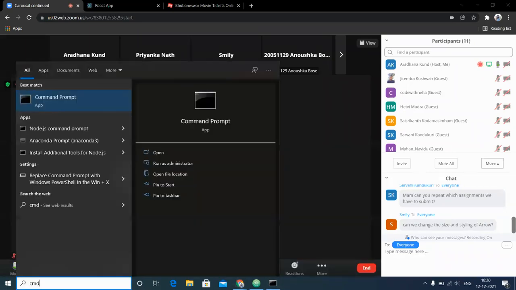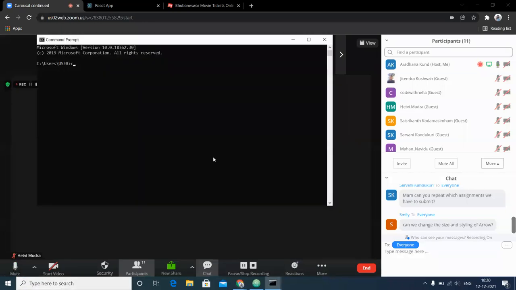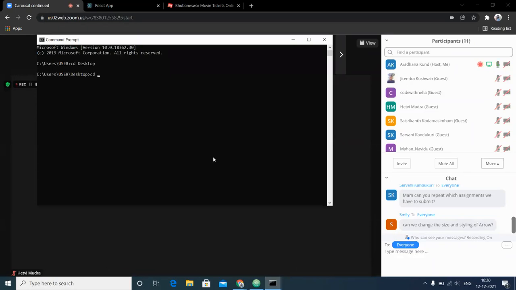I'm just pushing the entire code to the command prompt so that you guys can take your time and first implement this. Then only I can show you how to style the arrow according to your convenience. So tailwind and